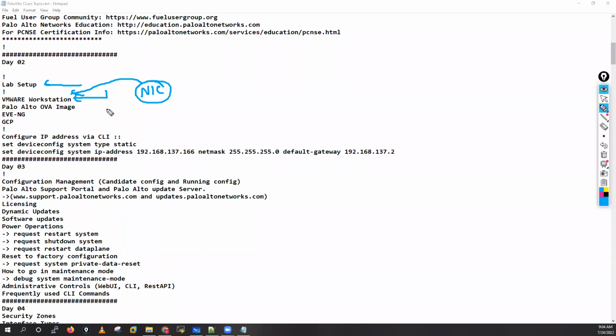And after that, we will install the Palo Alto OVA image in VMware Workstation. Once I am done with that, I'll move towards the EVNG installation on your VMware Workstation. And once I am done with that, if time permits, I can also show you EVNG installation over Google Cloud Platform. Okay, now,